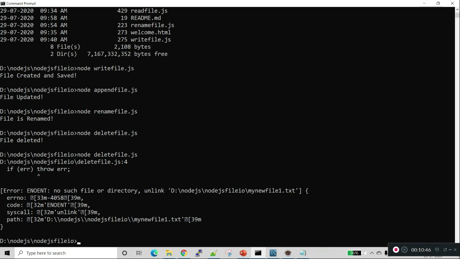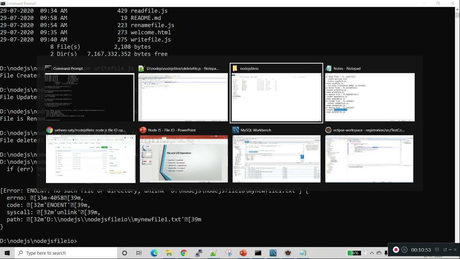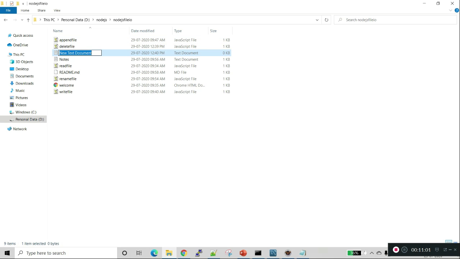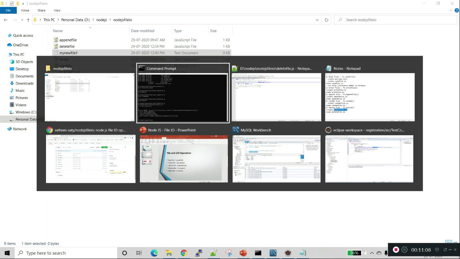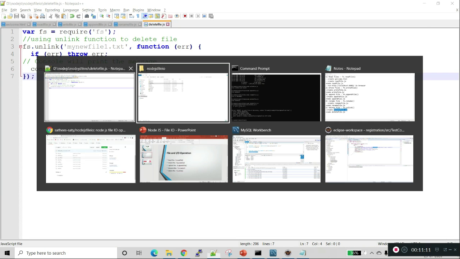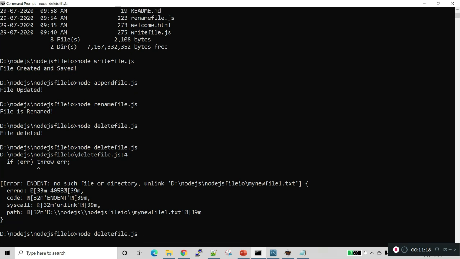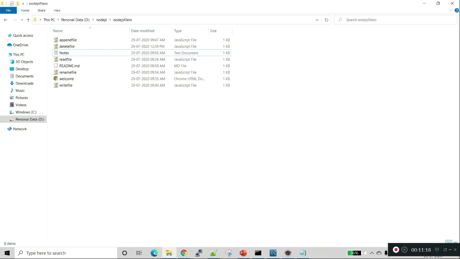In this path there is no mynewfile1.txt, it does not exist. Now we will create a new file, file 1, and call this same JS. Now the file is deleted. This is the way it works.